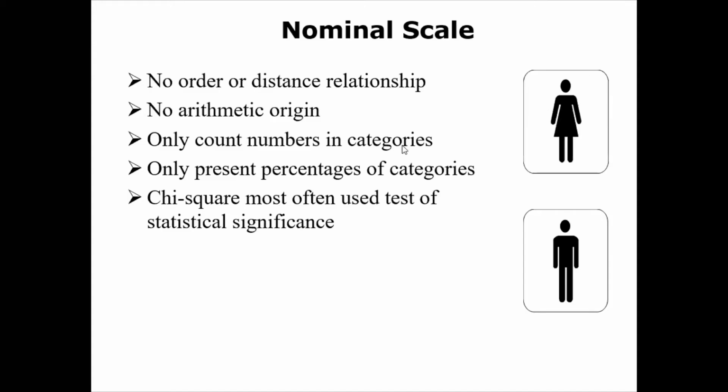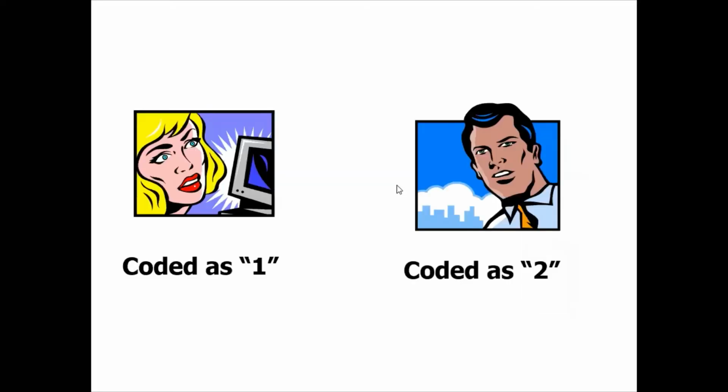And so that is nominal scale. You can see an example. As I said, the example for nominal scale is I can code 1 for female and code 2 for male. Code 1 for joint family, code 2 for nuclear family. So these are examples for nominal scale.